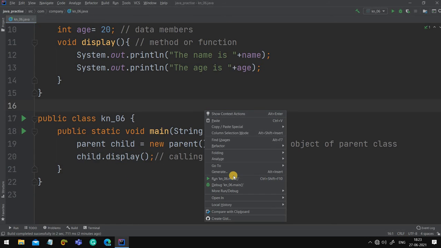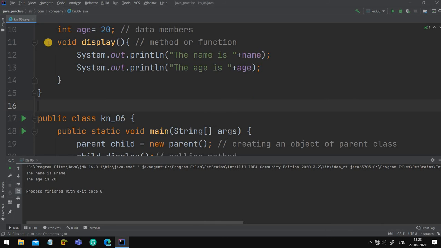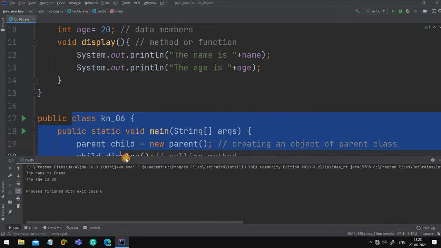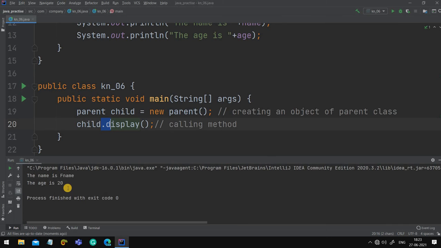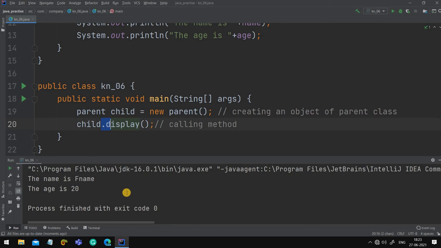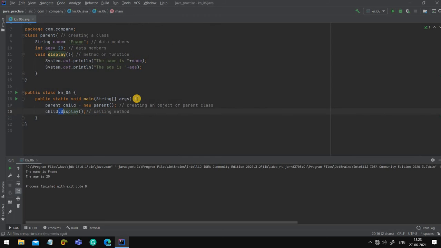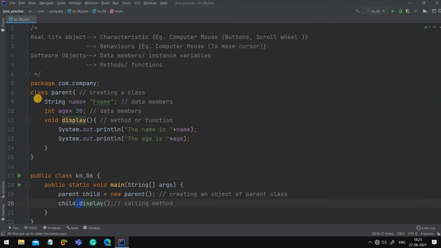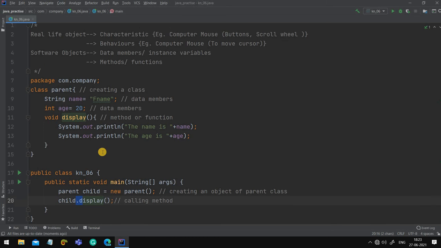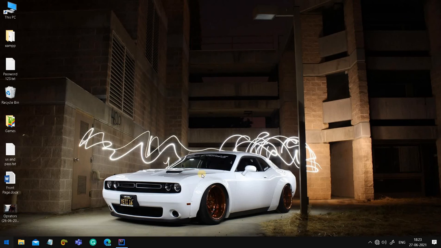After that we will run it. So here the factory was created, here our product was created, and the printing happened on it, and after that we got the output: name is F-name, age is 20. So this was the primary concept of objects and classes. And in this I have created everything in a single program only. Let me open my BlueJ quickly.